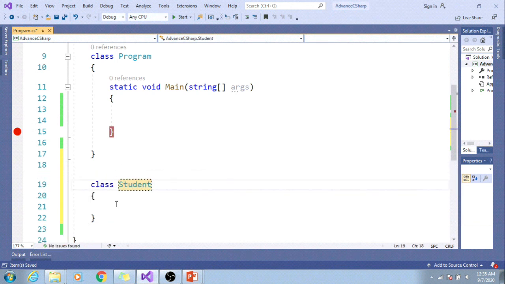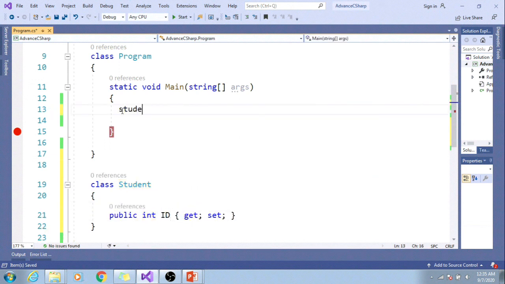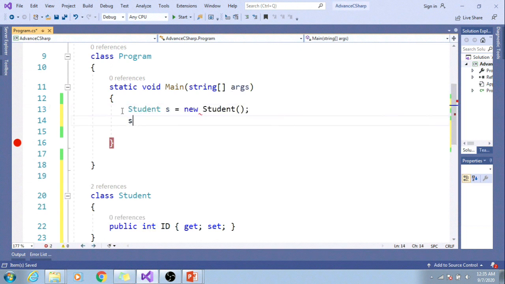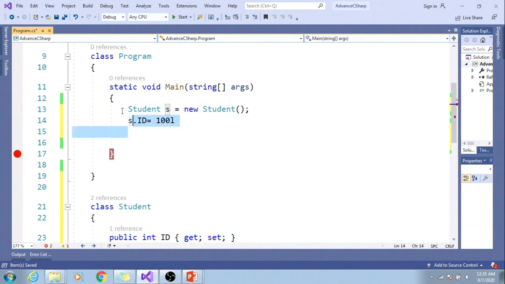student, and let's say it has one property id, and let me instantiate this class, student s equal to new student, and s dot id equal to 100, and let me pass this object as a parameter, get value s.